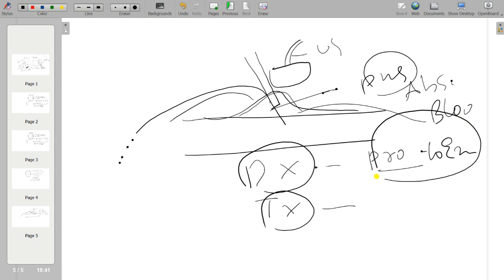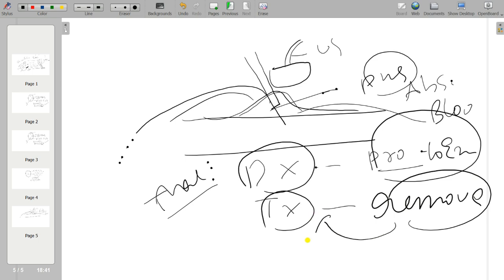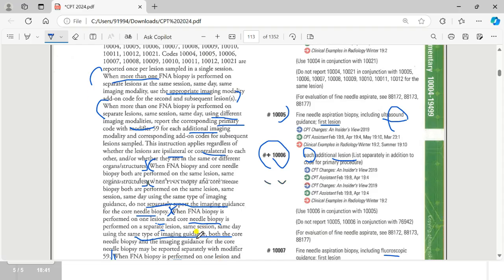Suppose the provider got to know that it is a malignant tumor. So what will the provider do? He will remove that, right? That is nothing but a treatment, so it is therapeutic. So we should know these terminologies, diagnostic and therapeutic.